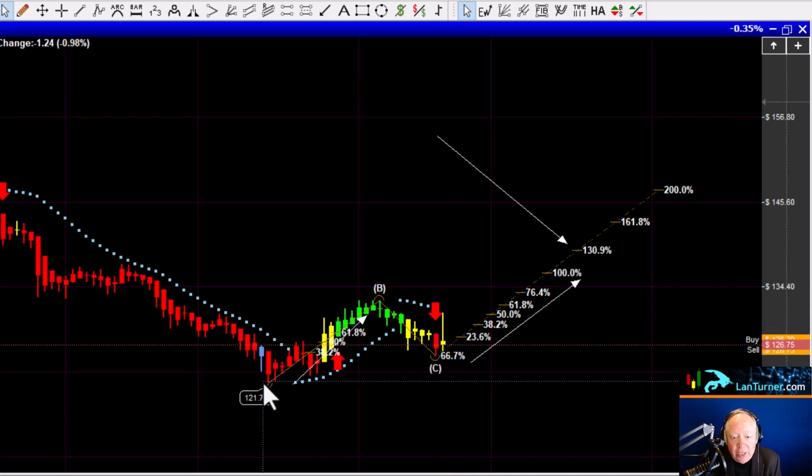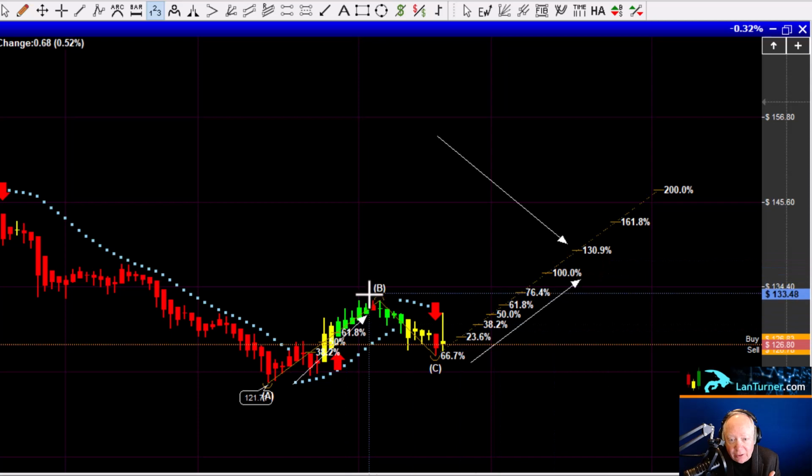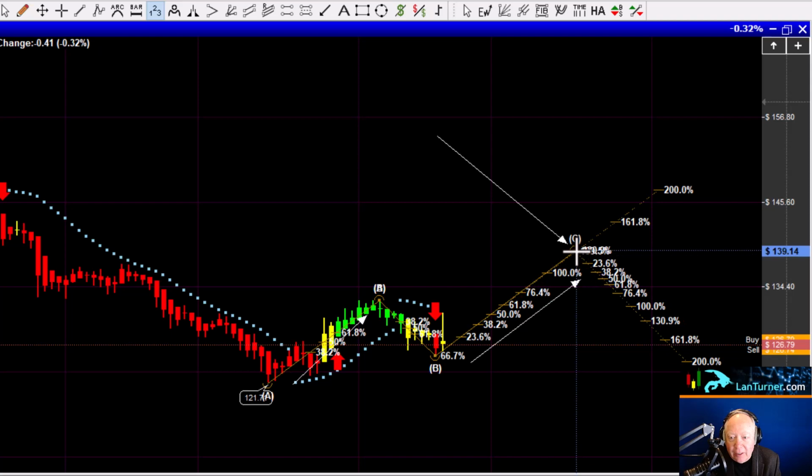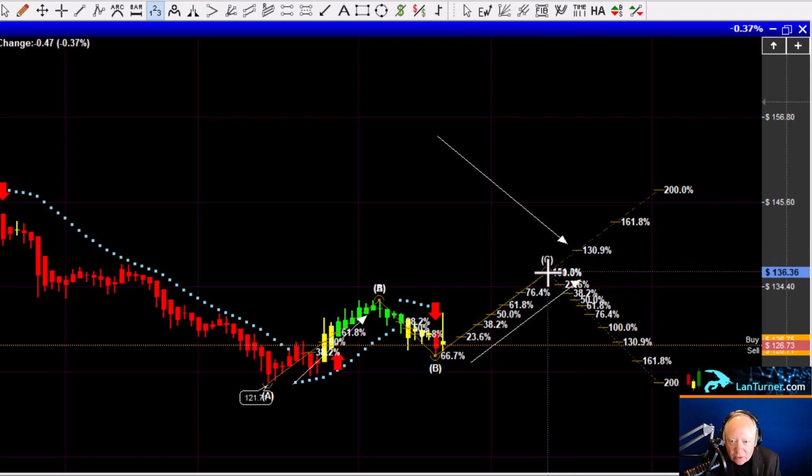So now we've got this little projection, okay? So we've got the A, B, C, D. Now where do we think the market's going to go after that? Well, we have 100% and we have 130.9. So we can take the Fibonacci projection tool and project out one more leg. So let's go off the B point, from B to C, and if the market makes a perfect reflection up to 100, that's where we would expect it to go. Now if it goes up to 130.9, the golden ratio, that would be nice, right? But we're not going to really anticipate that, though we could make that adjustment if it does. So let's just go to 100 and say it's going to make the same move from B to,